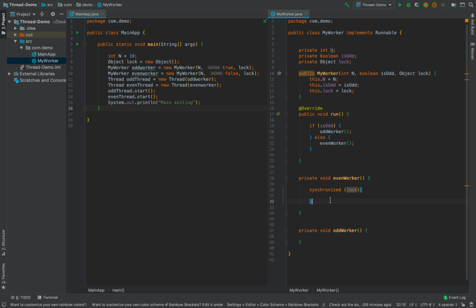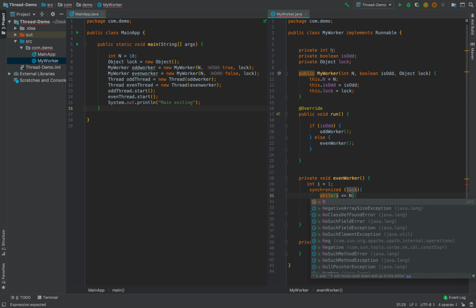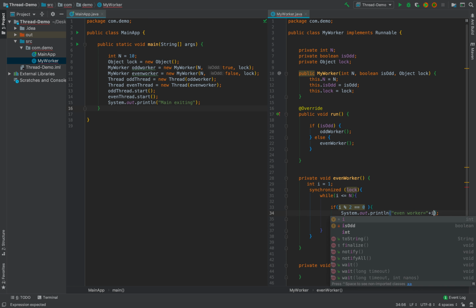Synchronized lock, and I'll do i equals 1, while i is less than or equal to n. Once you have entered this synchronization, you check if i modulus 2 equals 0, since it's the even worker. In that case, just print, we'll write here "even worker" so that we will understand, and print i.